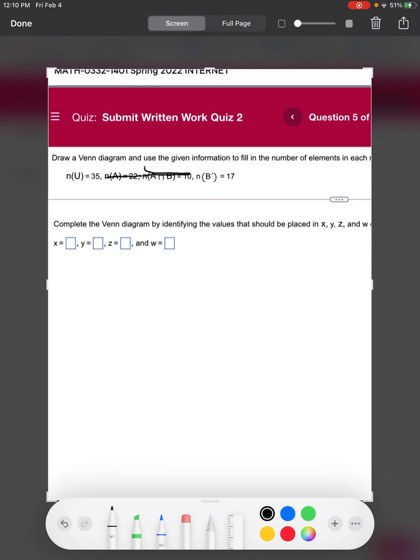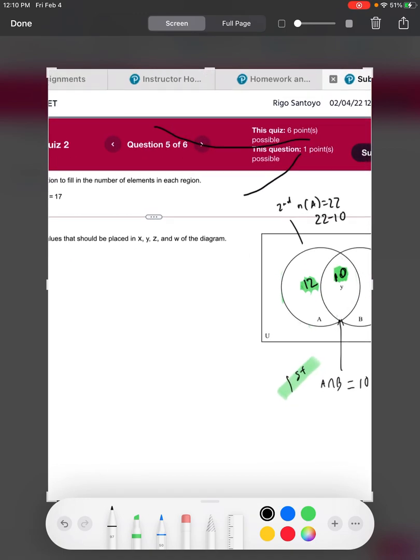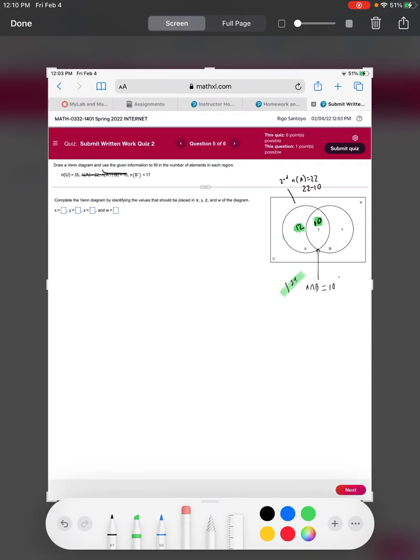Now we need to work with either one of these two numbers. So let's see what we can do. It tells us that everything is 35, but I don't think we can work with that yet. But it does tell us that the complement of B is 17. So let's really understand what this means. The complement of B is 17. That means everything outside of B